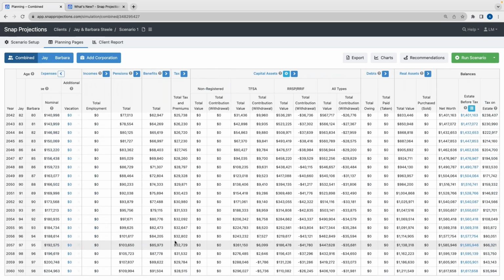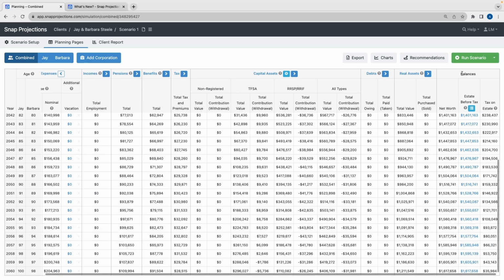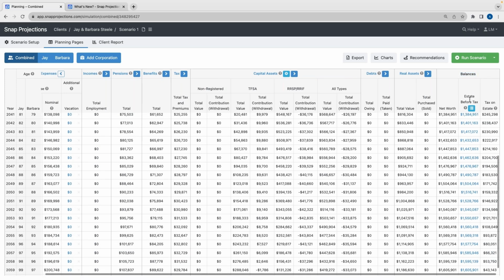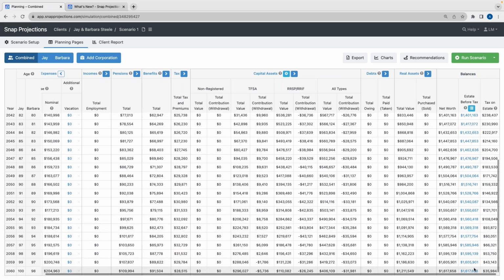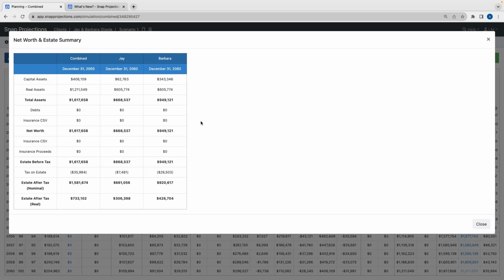Another place to look at these numbers is under our balances section, especially under the estate before tax column. I'm going to click on the last year estate amount, and that will tell us what the client situation is. We're not seeing any debts, so things are looking good. They have about 406,000 left under their combined estate. We can look at individual G and Barbara's sections as well to look at how much money is left